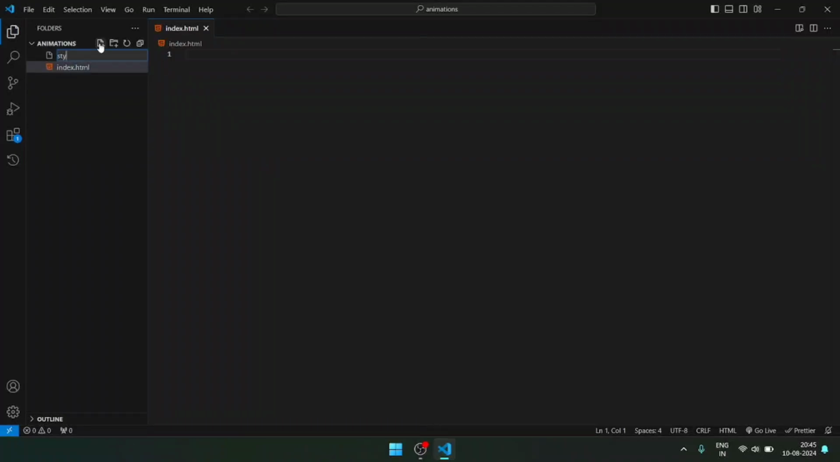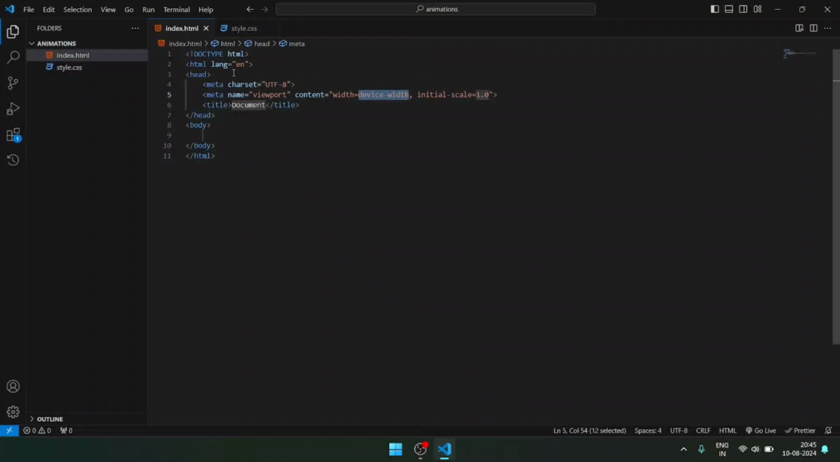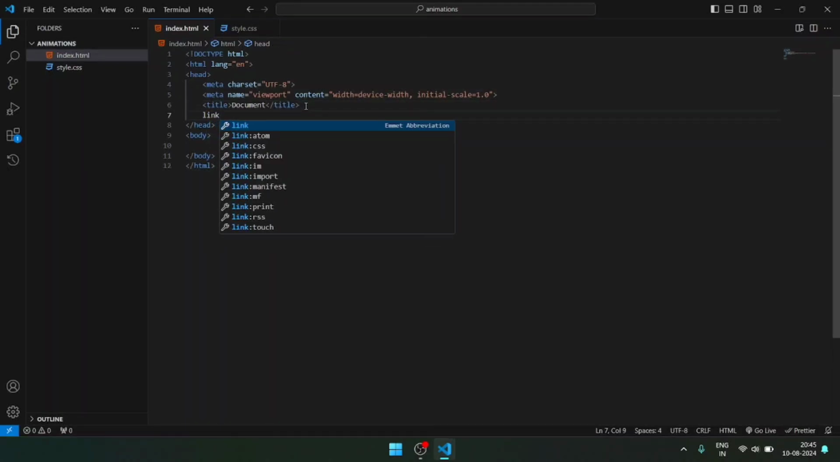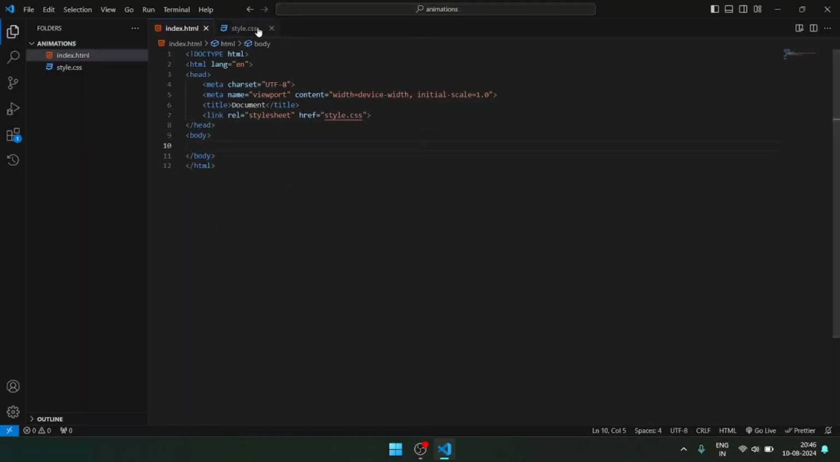Let's look at index.html and style.css. After creating the files, in the HTML file, type shift +1 to create the HTML code. Now after creating the HTML code, link the CSS file below the title. Type link and the suggestion automatically comes. Now you go to the CSS file